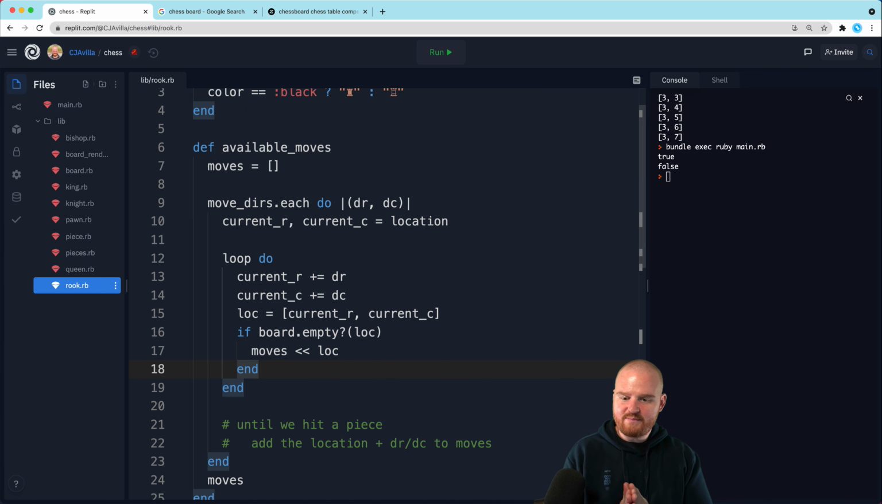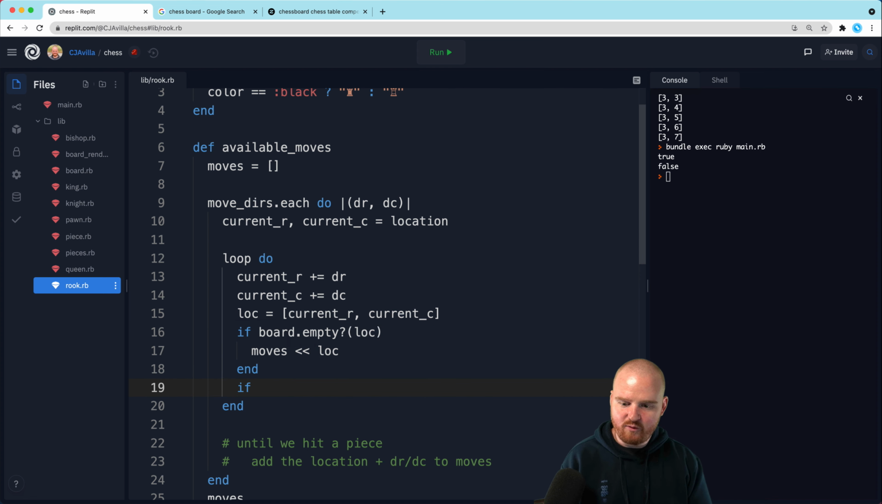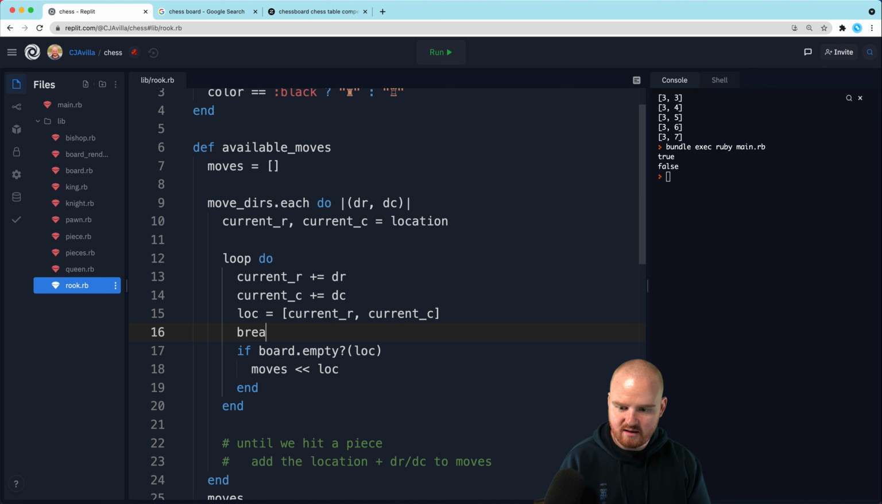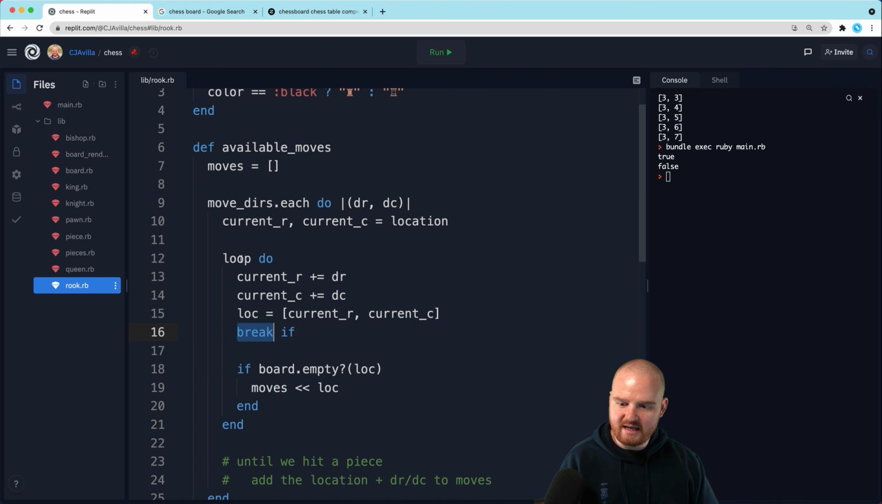Okay, so we're going to keep looping and we're going to keep going in this direction. If the board is empty at that location, we're going to add it to moves. If we're not in range of the board, we should break. So let's see here. So we want to break if. So break is how we get out of this loop here. So loop do is just going to keep looping forever. It's kind of like while true. So break, and when we call break here, it should only break out of this loop and bring us back to this each. So we want to break if the